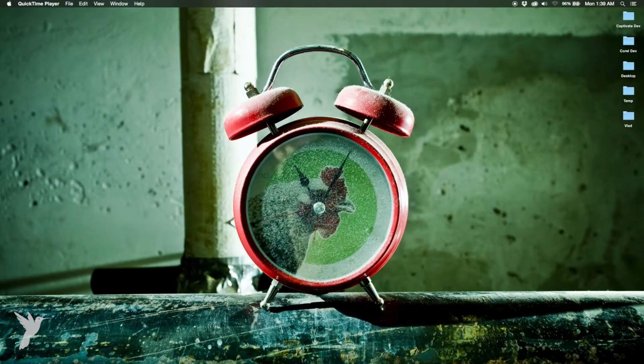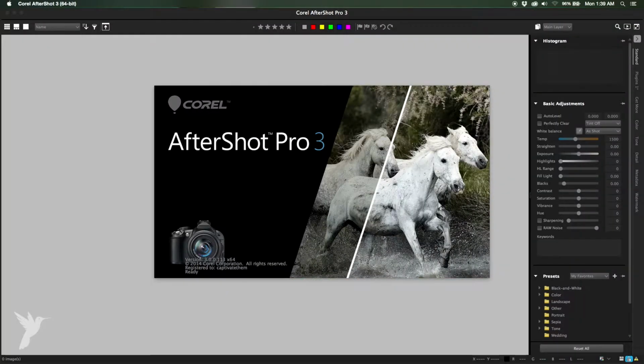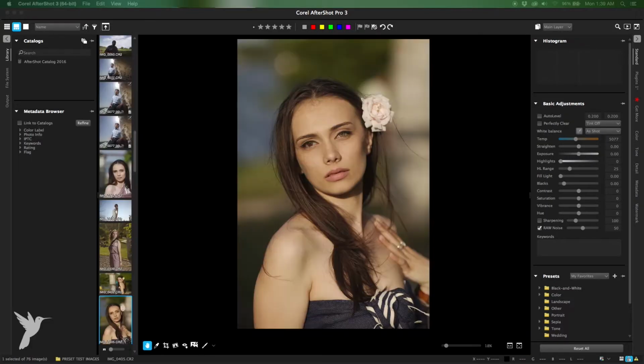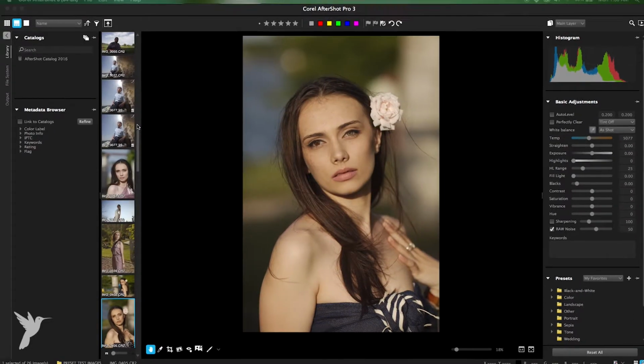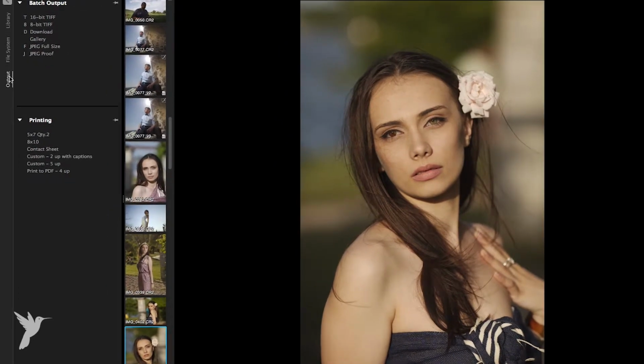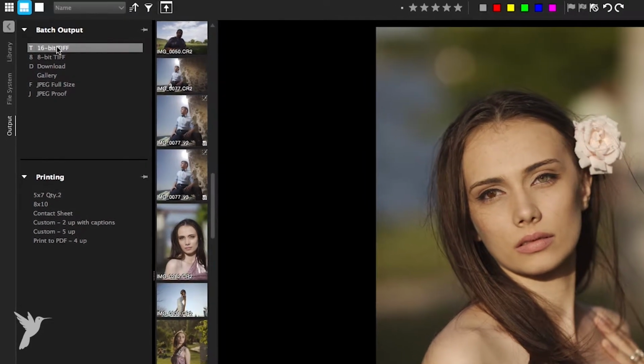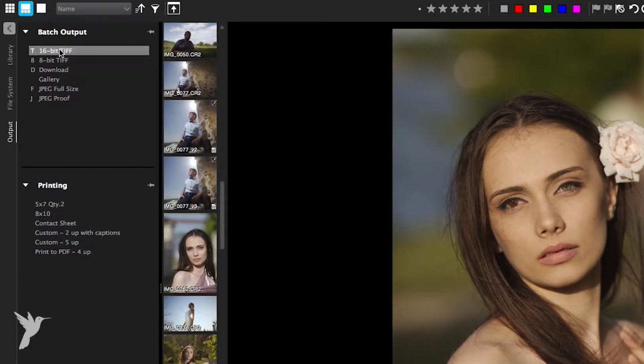AfterShot Pro is a workflow tool, and it's geared towards processing a large number of images in a really efficient fashion. Batches save you time by letting you output one or many photos at a time by simply clicking a batch name. For example, Corel AfterShot Pro includes the following batches: 16-bit TIFF, 8-bit TIFF, download, gallery, JPEG full size,